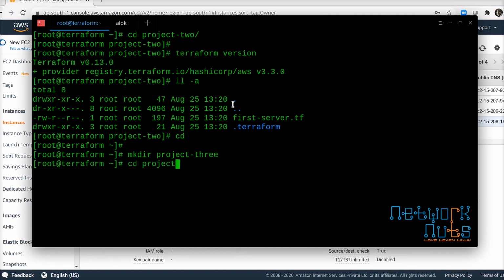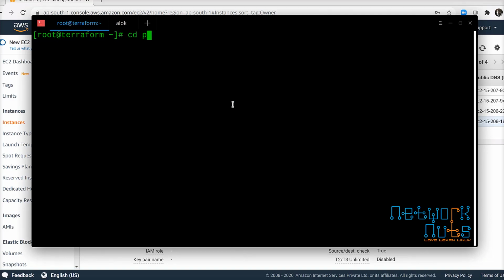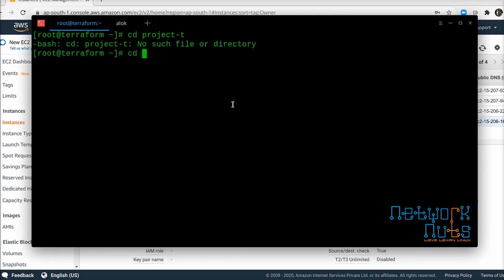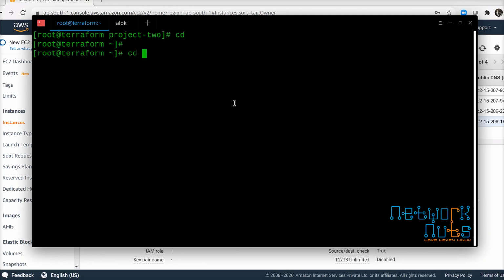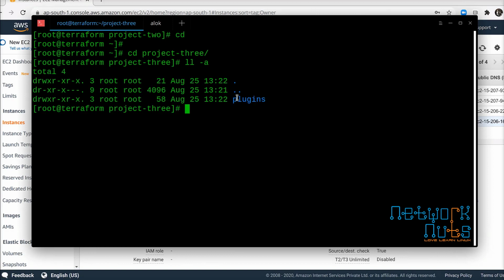I go to project 2, sorry, and I can do a copy, recursive, verbose, forcefully, and copy the .terraform folder, everything, into my home directory project 3. I can do this, but I need to create a folder first. Yes, you can do that.